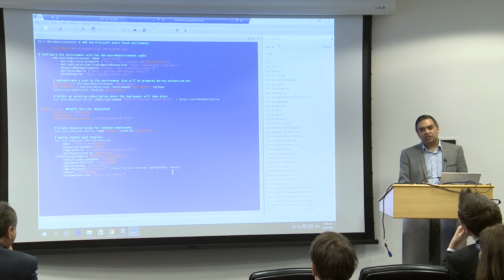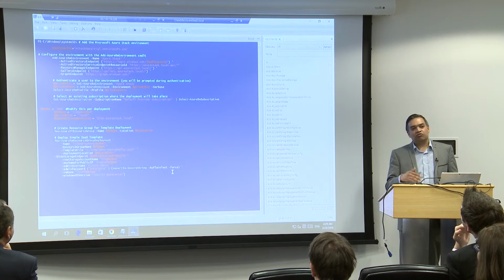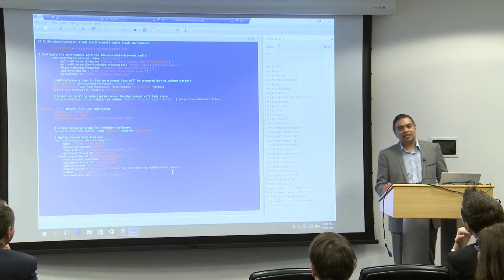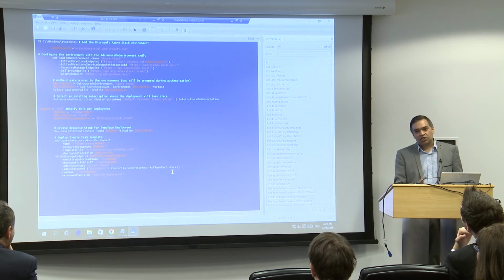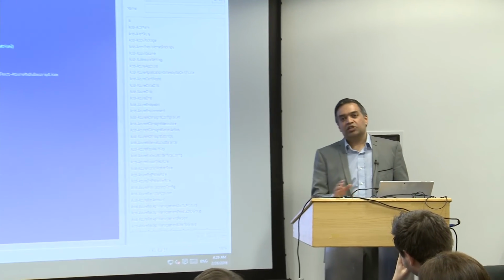But the advantage here is that whatever you're doing on-prem, you don't need to convert it, you don't need to rerun it or rewrite scripts. The same deployment plan, whether you use PowerShell or Visual Studio, whatever you're using to develop your application or your application stack, can literally just be redeployed into the public cloud.